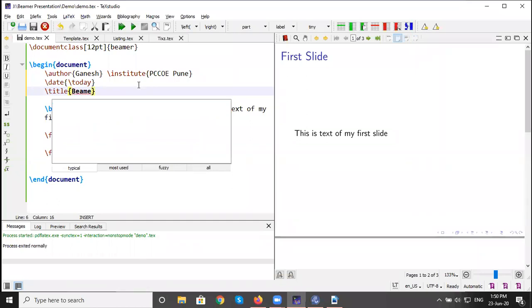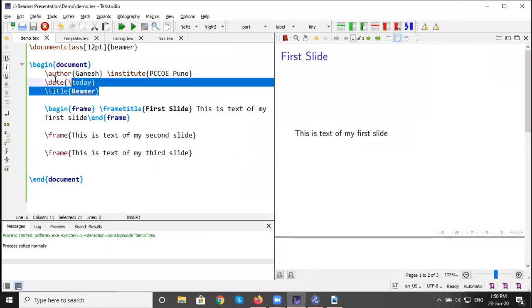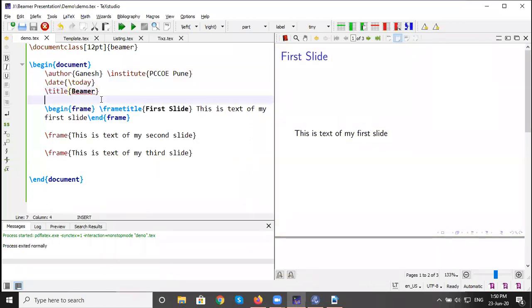So Beamer presentation or just Beamer, and if you run it, you can observe that there is no change, because we just added this content, but we did not define the frame which contains the title page.